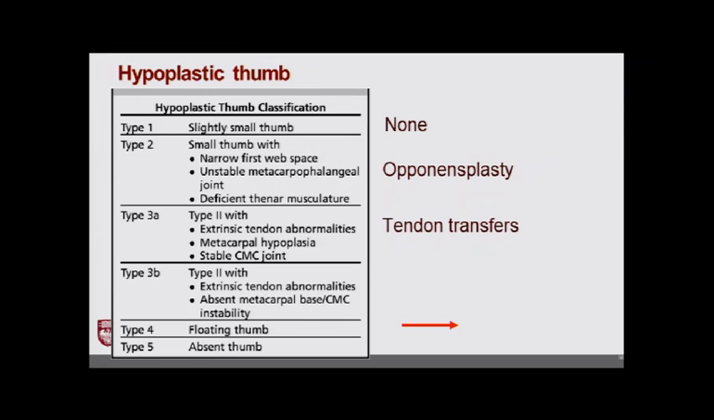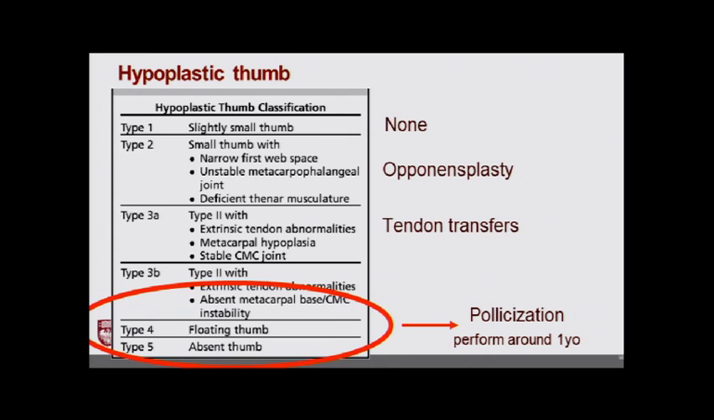The key thing is, as soon as you do not have a stable CMC joint, you have to do a pollicization. That's it. There is no other option for that. So it seems like 3B should be 4, if you ask me. But the key thing is you would do the pollicization around 1 year. So this, they will show you,